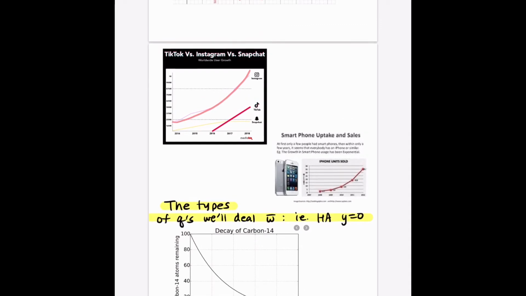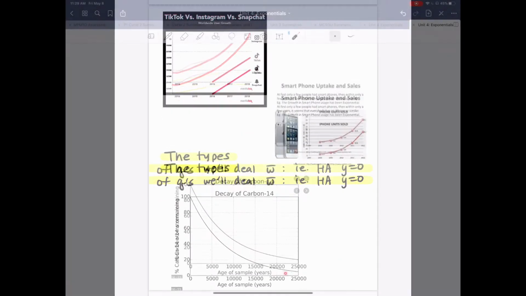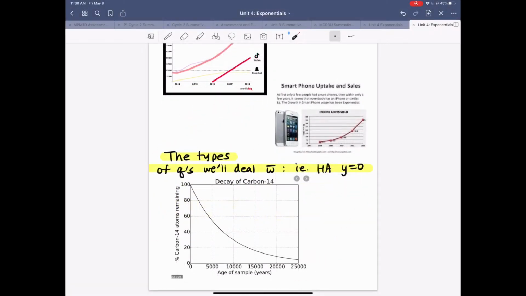Meanwhile, these are more typical graphs that we have. So we have a linear pattern for the TikTok downloads, whereas for Instagram, it was an exponential growth from 2014 to 2018. In terms of smartphone units sold from 2008 to 2012, it was relatively an exponential growth. And notice that the horizontal asymptote is at y equals 0. These are the types of problems that we'll deal with, and notice that it has a horizontal asymptote of y